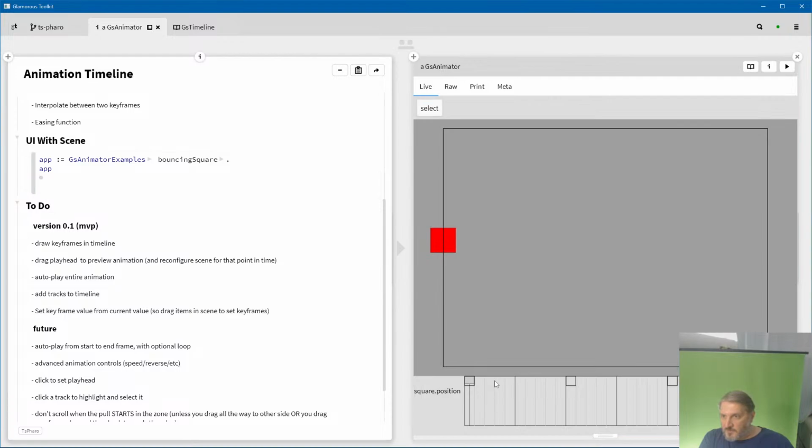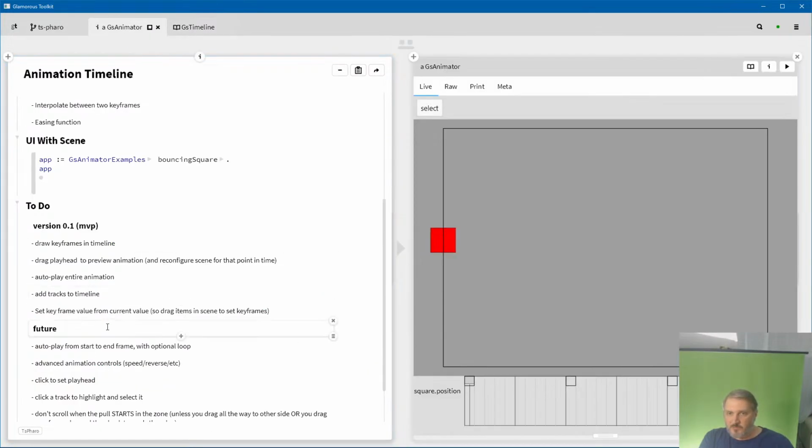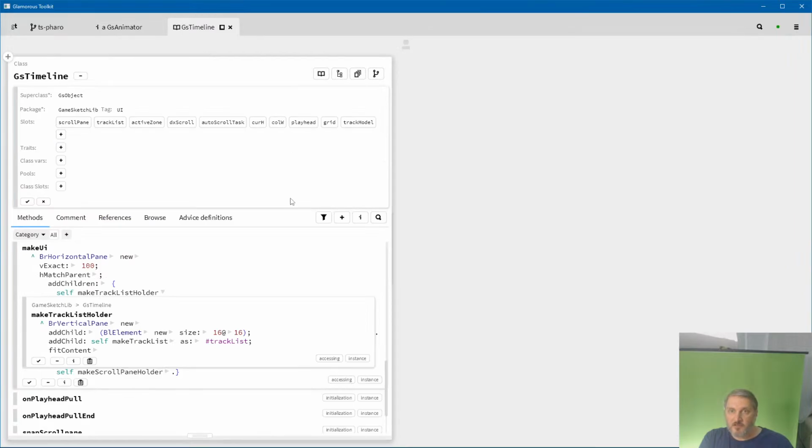Yeah, that's down far enough that it doesn't interfere with this. Maybe this should be 20 as well, so everything is the same height. Actually, I think that's 16. The cursor is 16. The top row is a little bit smaller than all the other tracks. Tracks are 20. I should probably rethink that, give that an explicit name. Yeah, so then, okay, so now, when we add a track,